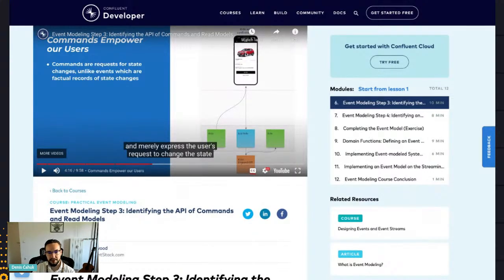When the user makes a decision, it generates a blue thing at some point in the future, right? So it's a little bit to the right. And then that immediately validates and creates an orange box. And then that orange box updates again the ride and makes the driver available, etc.